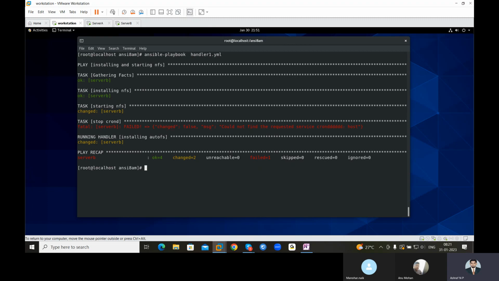If you check any of the large Ansible projects in GitHub or Ansible Galaxy, in most of the projects handlers are really used. So handlers are really important, they are always used. Please try to practice well. Handlers finish here. I should move to the next one, that is block.